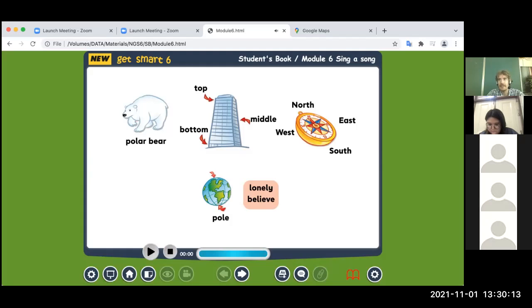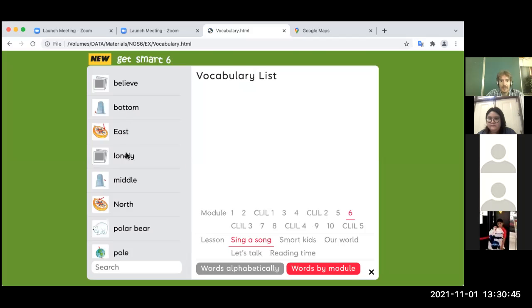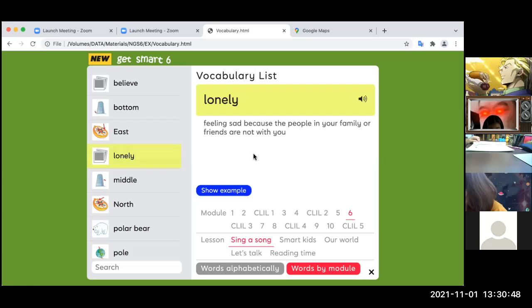Okay, and we have two other words. Lonely. What does lonely mean? It means to stay alone and feel like there's no one to talk to. Is a person who is lonely happy or not? Not happy, it's like missing his friends and parents, but there's no one there. Exactly. Lonely is feeling sad because the people in your family or friends are not with you.